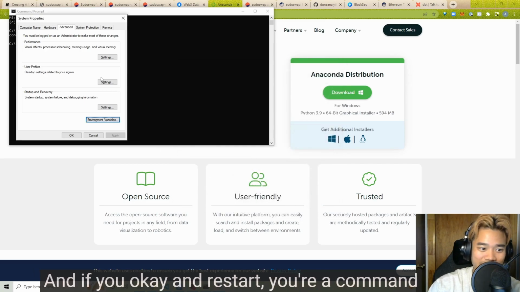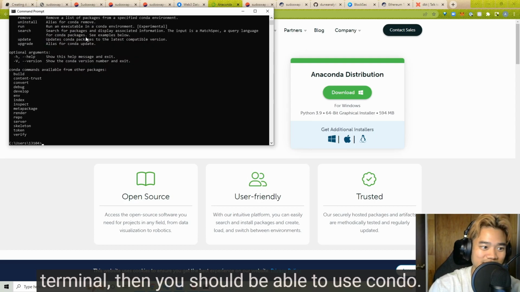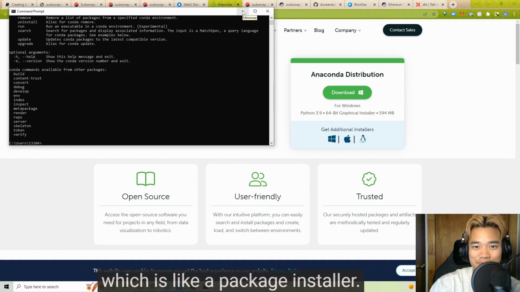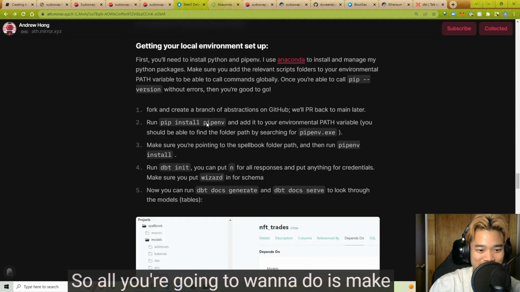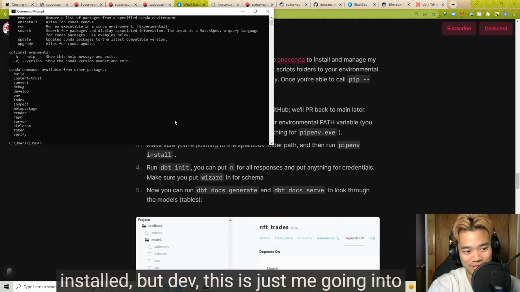And if you OK and restart your command terminal, then you should be able to use Conda however you want. So with Conda comes pip, which is like a package installer. So all you're going to want to do is make sure you install pipenv. I already have pipenv installed, but